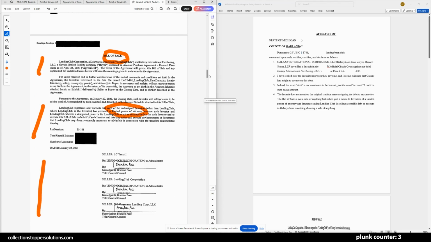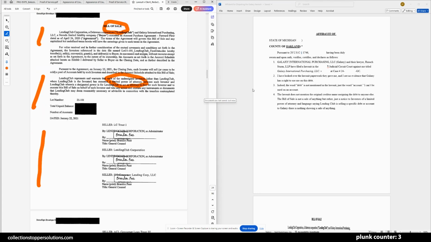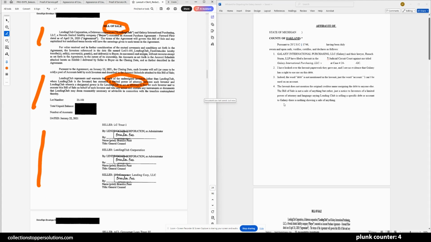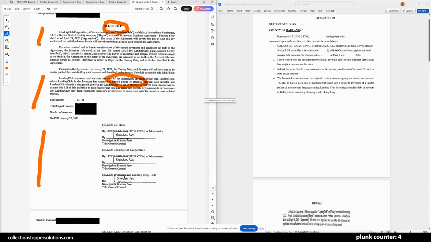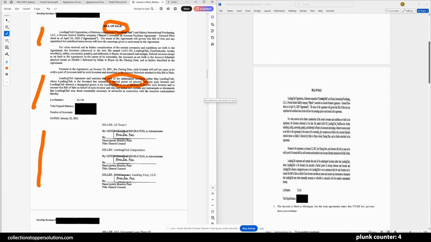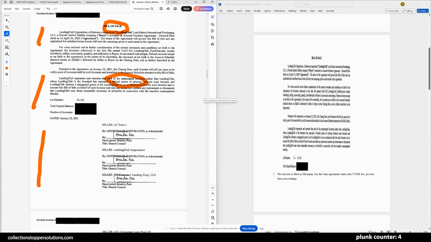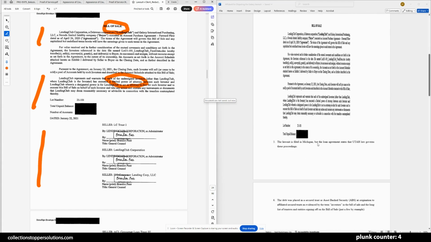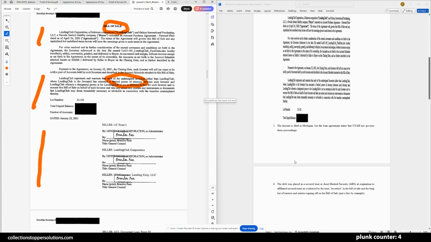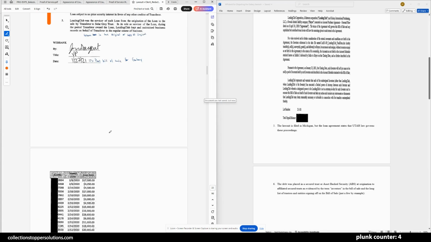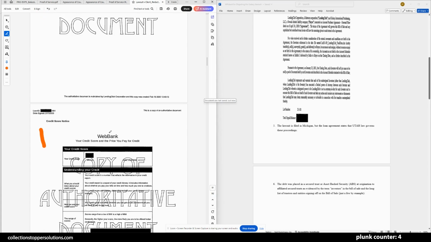I didn't ask you to do this. They did that. So how does that work its way into our plunking? So we've looked at the bill of sale, and we say the bill of sale is not a sale of anything, but rather just a notice of investors of a limited power of attorney. And then we show the court the bill of sale. The lawsuit's filed in Michigan, but the loan agreement states that Utah law governs these proceedings. Does it say that? Let's take a look. We look at the agreement,